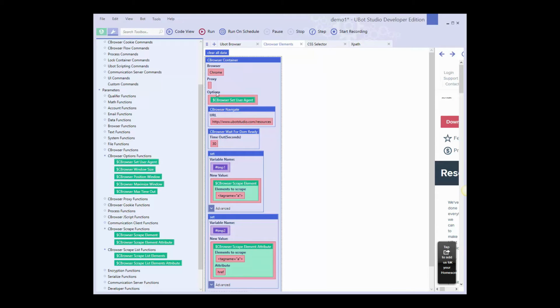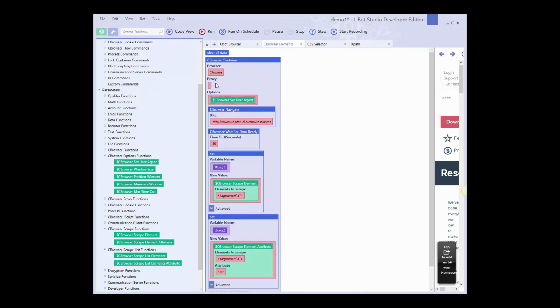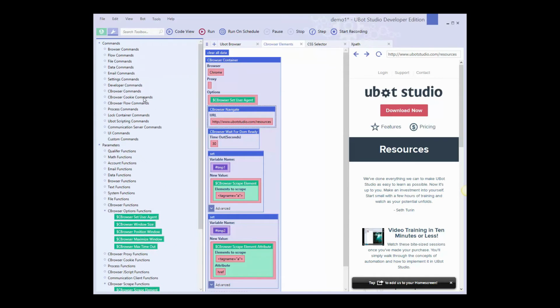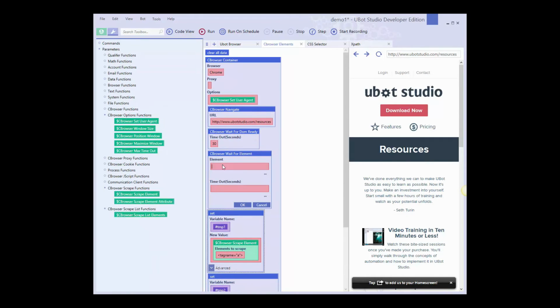That function goes into that options field here, and I just specify the latest Chrome browser user agent, right? So then we have a CBrowser navigate, which just goes to the same site I was using here in the Ubot Studio browser. I have a wait for DOM ready that waits until everything is loaded. Also here, I recommend that when you work with a bit more complicated pages, that you use the CBrowser wait for element, right? The flow command. So if you want to extract something like we do here, I could also use CBrowser wait